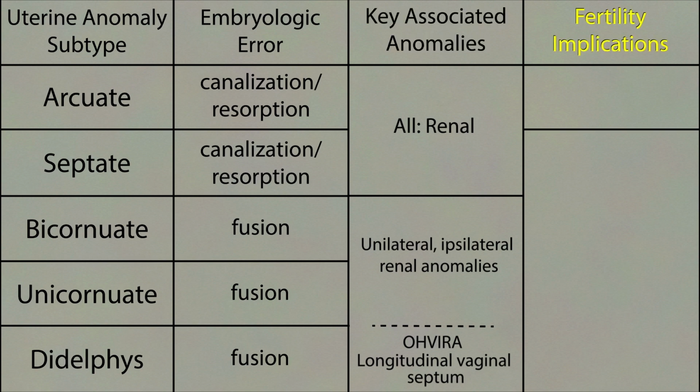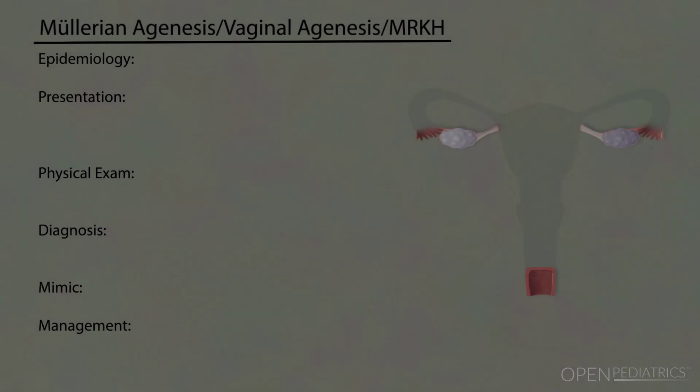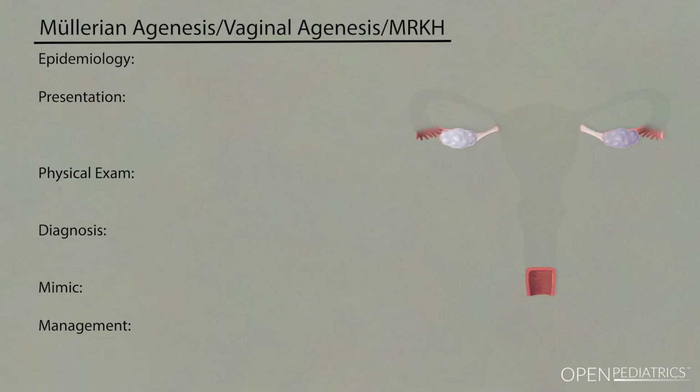Women with arcuate uterus have similar pregnancy outcomes as the general obstetric population, while all other subtypes have increased risk of miscarriage, preterm labor, and fetal malpresentation, with uterus didelphys having a lower risk and septate uterus having a higher risk. The last embryologic error is complete Müllerian agenesis, where there is absence of the vagina and commonly cervical or uterine agenesis as well. This condition is also called vaginal agenesis, or known by the eponym